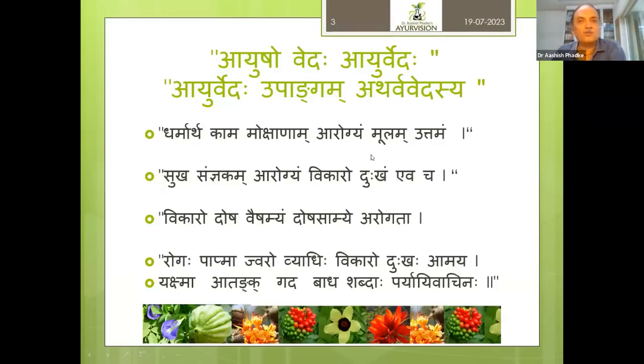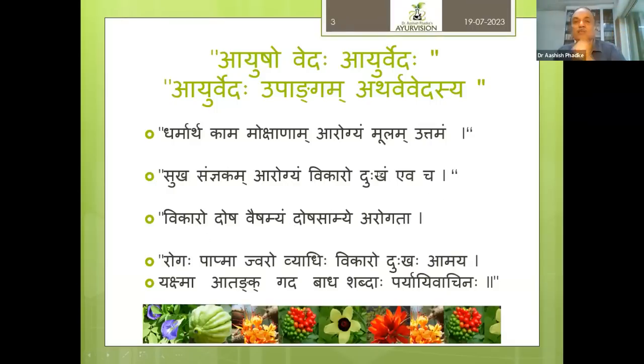So, Dharmartha Kama Mokshanam Arogyam Moolam Uttamam. For Dharma, Artha, Kama and Moksha, one needs to learn Ayurveda, one needs to practice Ayurveda. Further on, they have given the definition of what is wellness, what is health, and what is disease condition. So they have said, Sukha Saudnyakam Arogyam Vikaro Dukkham Evacha, or Vikaro Dosha Vaishamyam, Dosha Samya